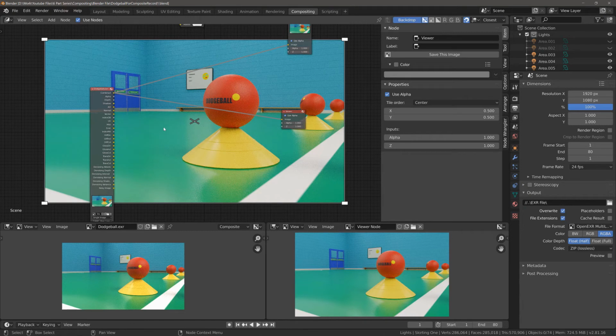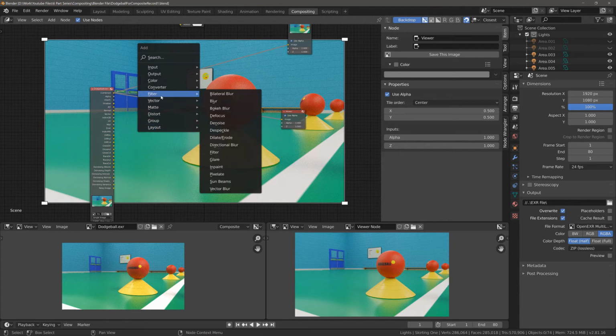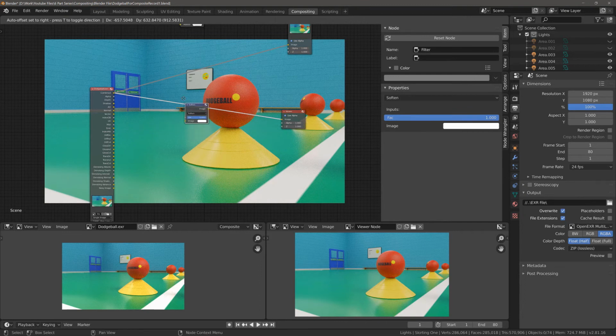For this video, our main focus is going to be on some of the filter nodes that we can use. And the first one I want to preview is going to be the filter node itself. So I'm going to go Shift and A, go to Filter and select Filter. Then plug the filter node into here by left clicking. Give that a second to composite, and at the moment it's set to soften, but before we preview the options here,